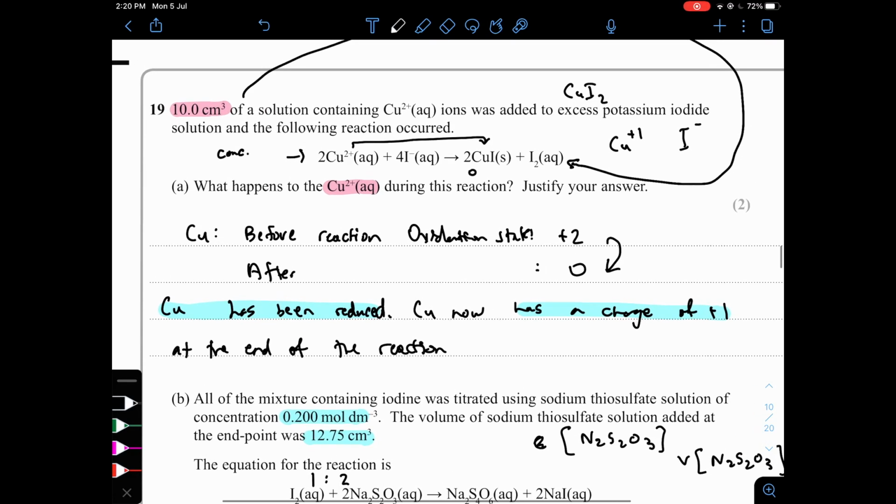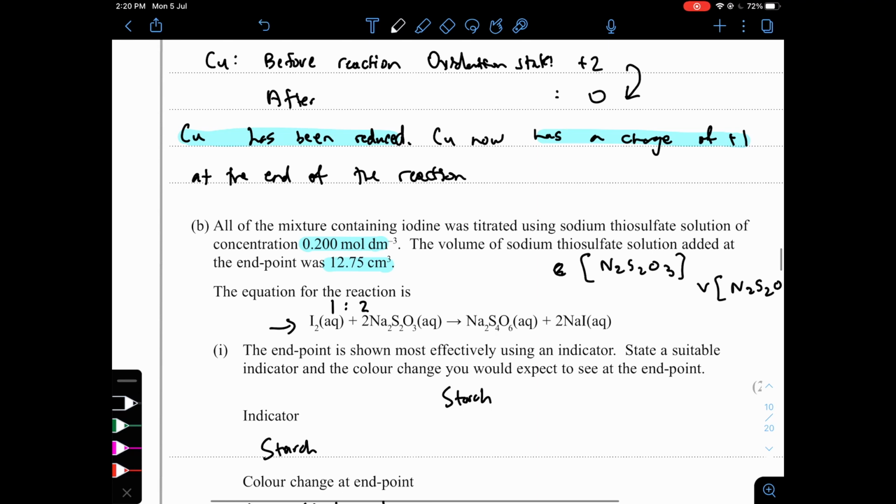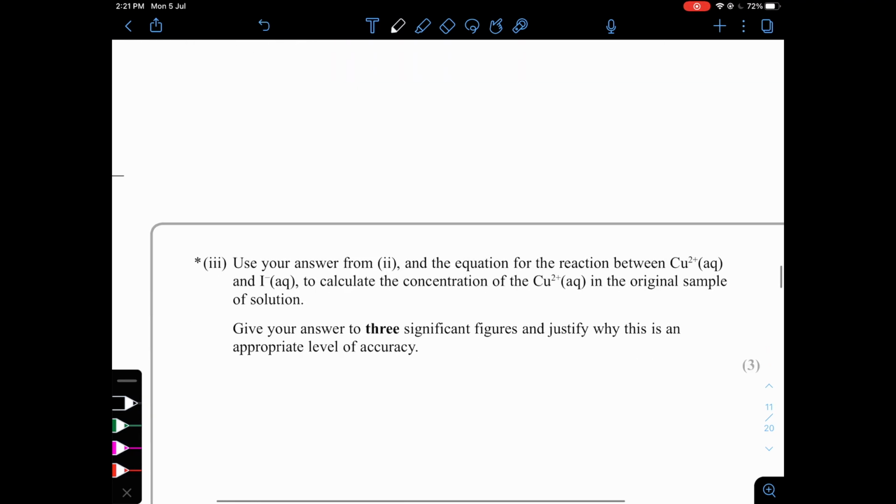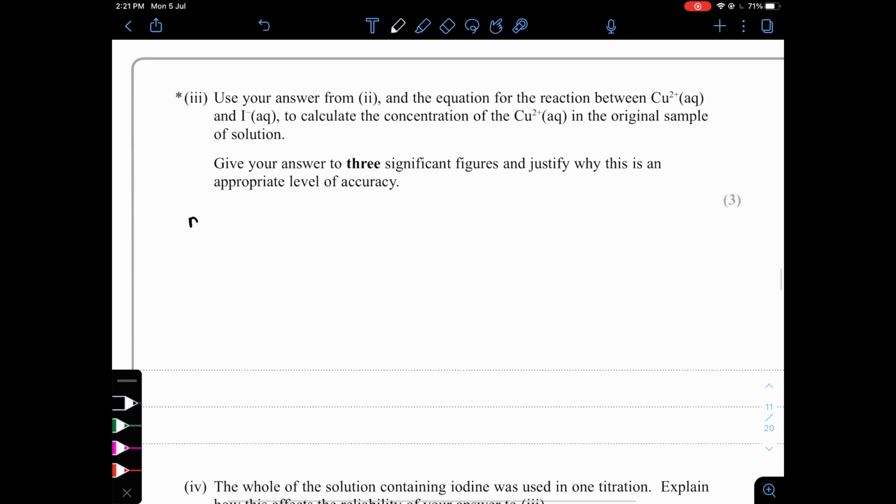Because only this 10 centimeter cubed of Cu2+ ions could have caused this, the moles of iodine should equal the moles of Cu2+. That means we can find out